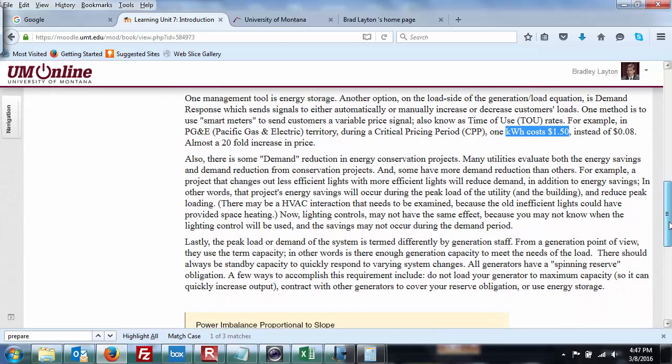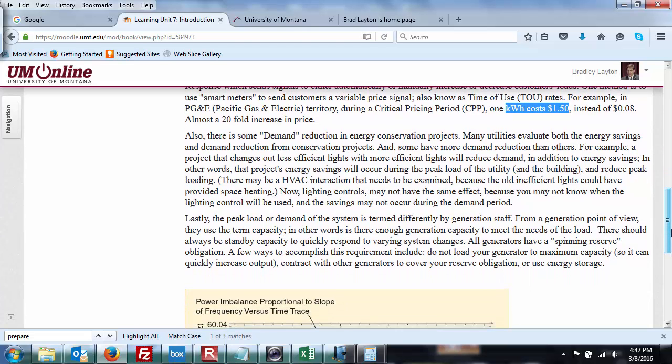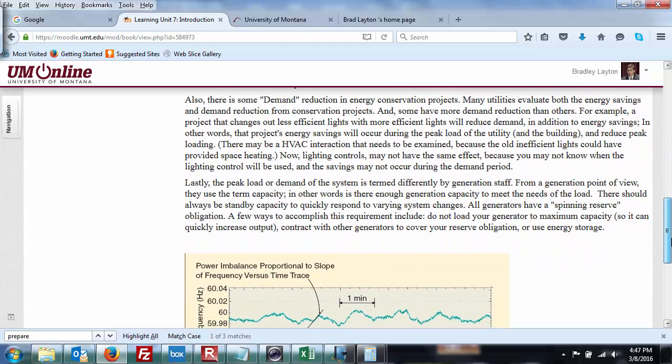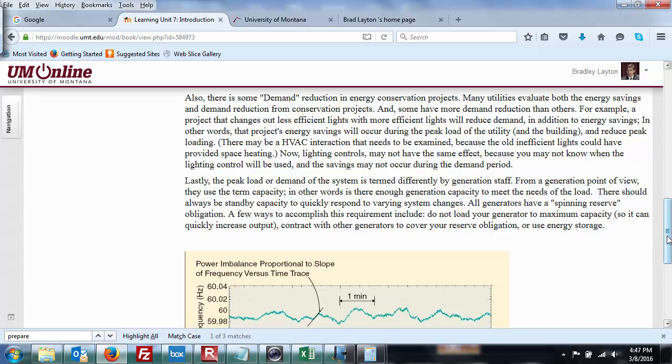Lastly, the peak load of the system is termed differently by generation staff. From a generation point of view, they use the term capacity. In other words, there should always be enough standby capacity. Right, all generators have a spinning reserve obligation. A few ways to accomplish this requirement include: do not load your generator to maximum capacity. That makes sense. So if you're already running at max,